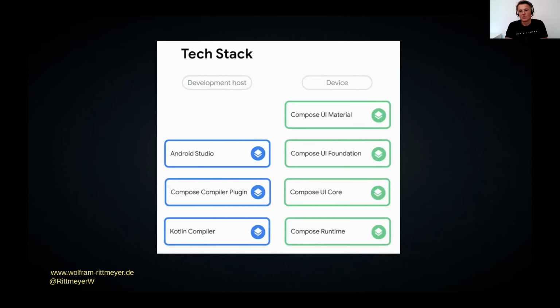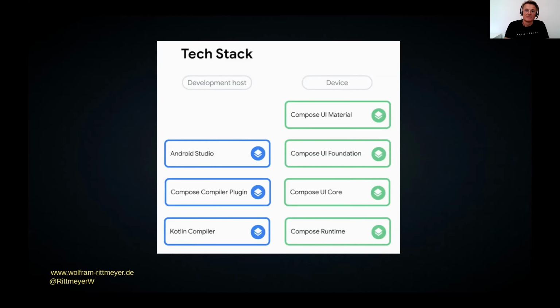And we use those compose libraries. At the bottom is the compose runtime. And this library has nothing to do with UI in itself. It's just responsible for managing the tree and handling the state. On top of that then comes a UI library that deals with measurements, layouts, canvas drawing, and stuff like that.